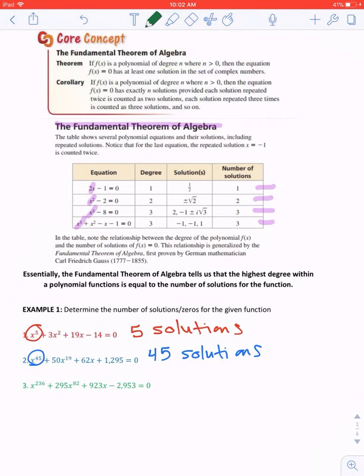How many solutions will it have? Largest degree, so 236 solutions. That is important because when we finish out a problem and we list out all of our zeros or solutions, we need to know if we did find all of them. If I did number 1 and I only found 4 solutions, I did something wrong, or maybe I have a double. So it's a way to make sure that you can check that you actually fully